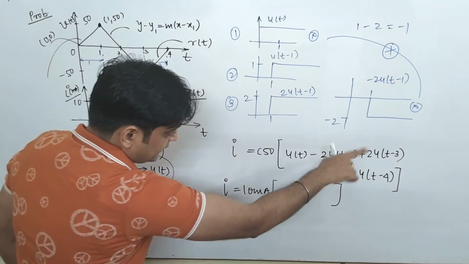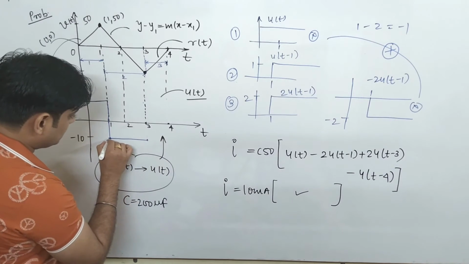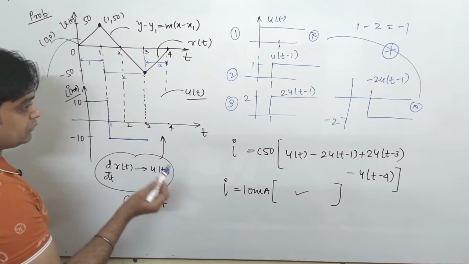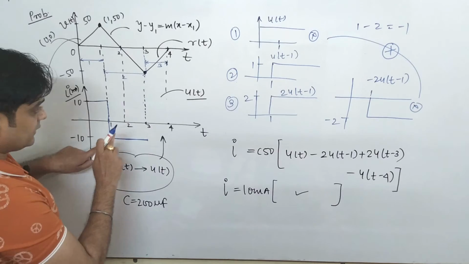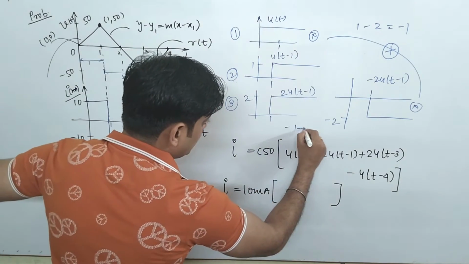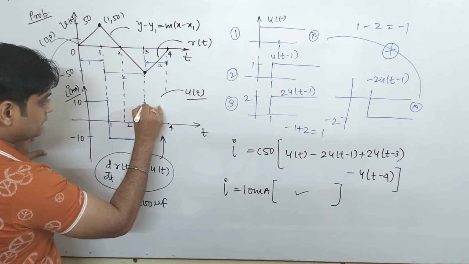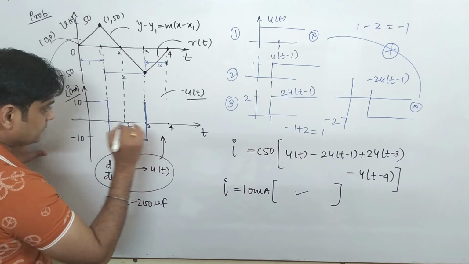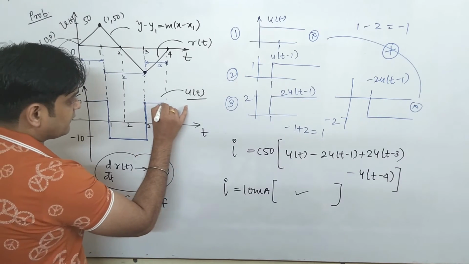Now it is moving up to the value of 3. Please see, again at t equal to 3, it goes to u(t minus 3). It means in this signal, that is minus 1, when you add 2, that comes to be plus 1. So now it goes to here. Very simple calculations. And now it starts moving in this fashion.